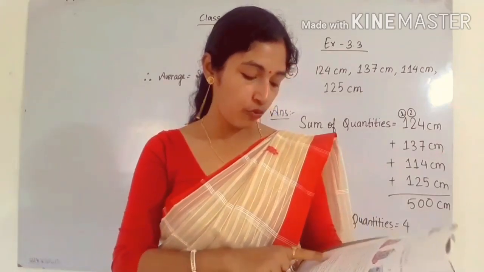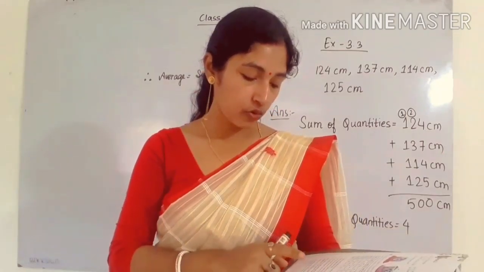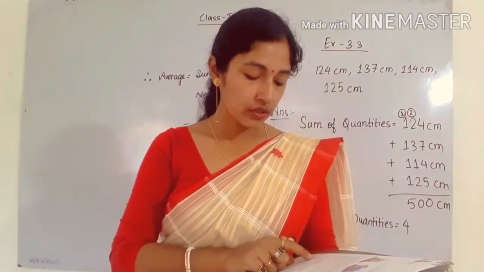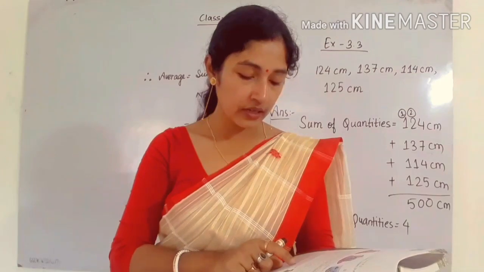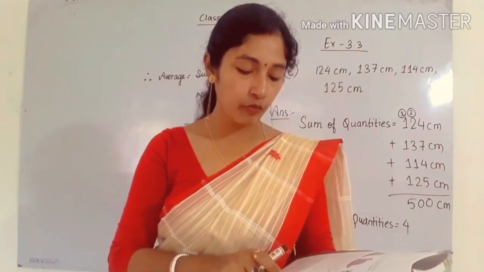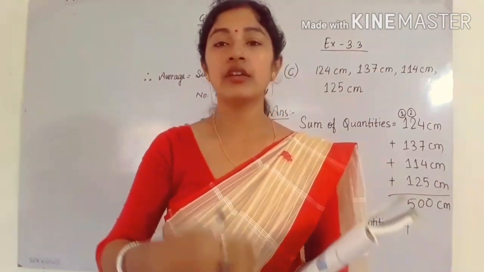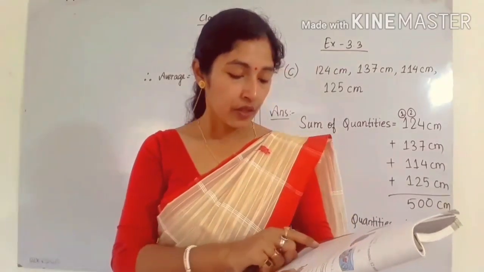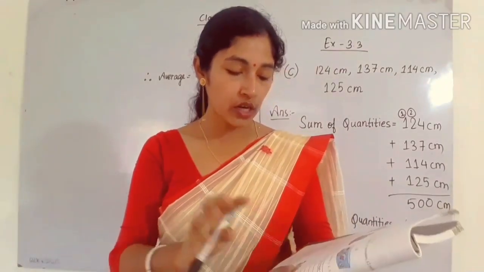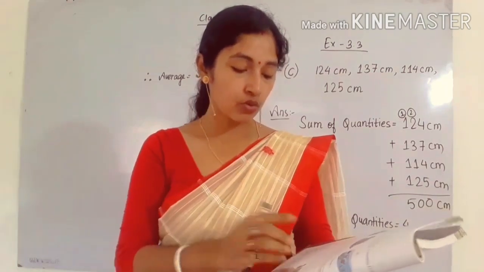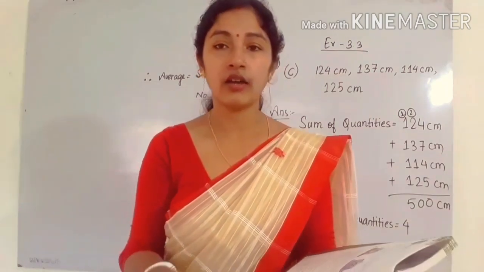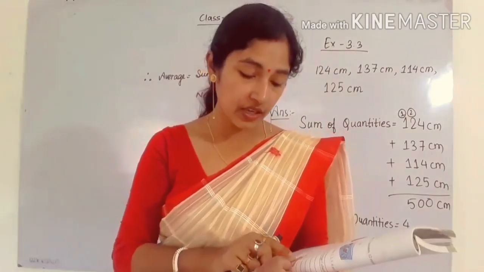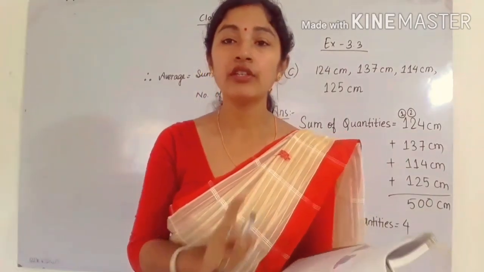Next come to 4, 5, 6. I am going to do question number 4. See here what is given. Suraj, Azim, Joe and Astha got an average of 95 points in a spelling competition. There is a spelling competition, and how many participants are there? 1, 2, 3, 4. Total 4 participants: Suraj, Azim, Joe, Astha. And the average is given, 95.